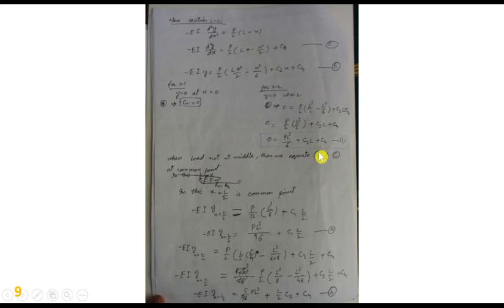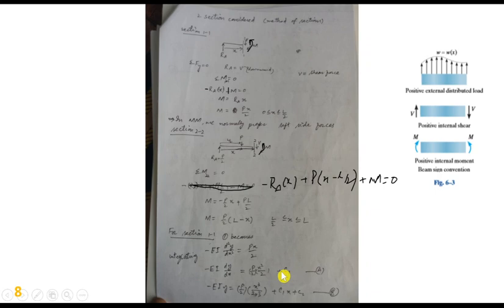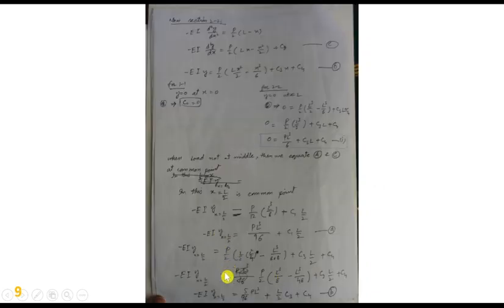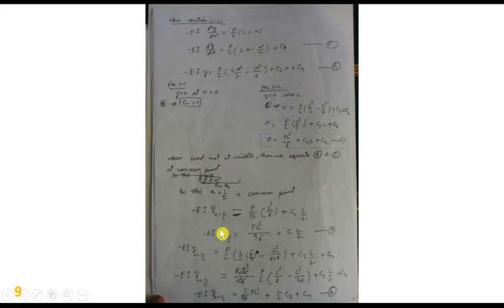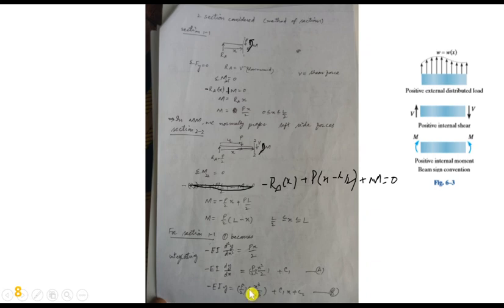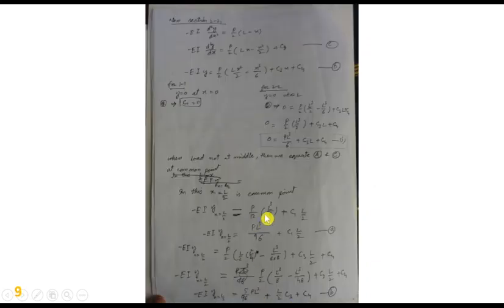So equation a and c. First of all, this equation a, but here this equation is involving c1. So this is the b equation. We are putting in this b equation P by 2 into P by 12, actually, x equal to L by 2, so that will be L plus c1.